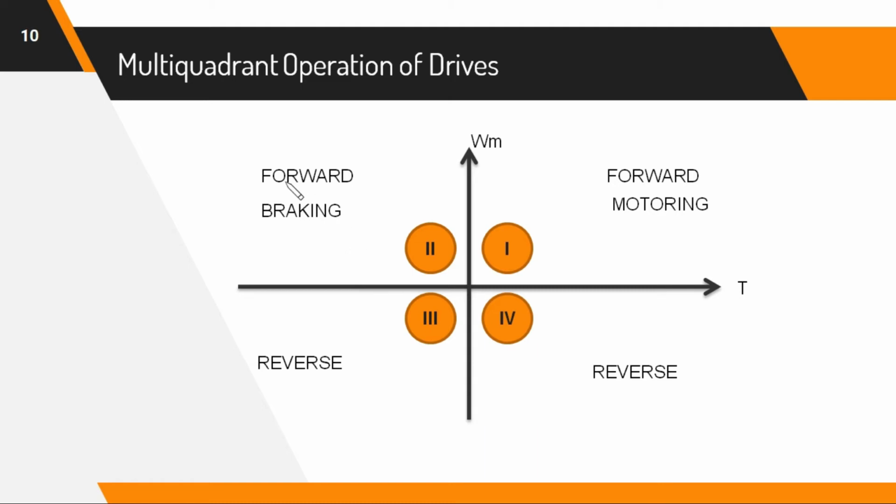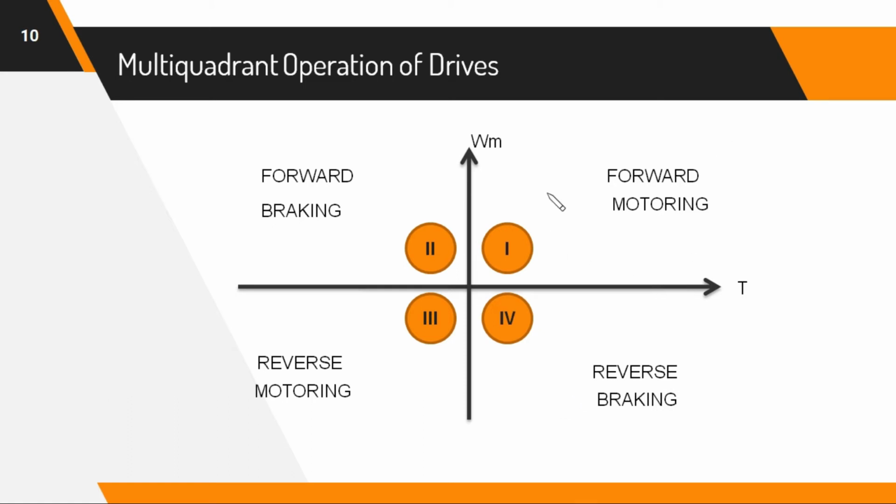Okay, but it is not only a braking quadrant, it is a forward braking quadrant, because the motor is going in the upward direction but it is in a braking quadrant. So the third one will be motoring, because this is negative and omega m is also negative, so you will get a motoring quadrant, and power developed is positive. And this one is braking because this term is negative. Okay, understood?